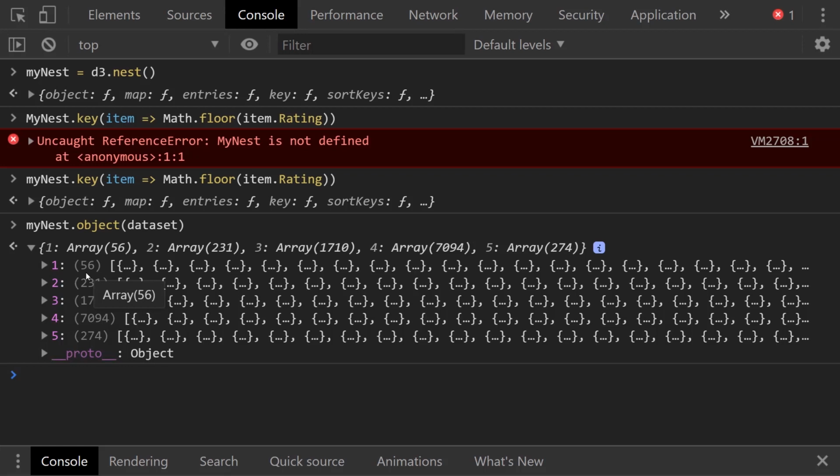But each node would have a possible parent and a possible value of children, right? Or something that would specify that these are the children of each one of these things. Right now, we just have this large object that's just grouped by other objects. Okay, so